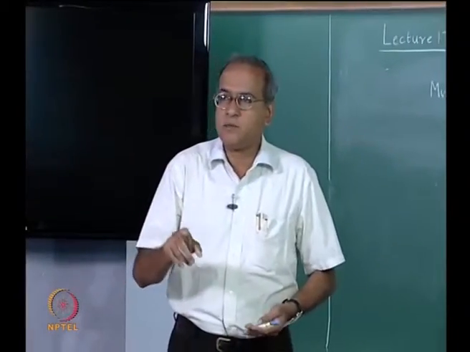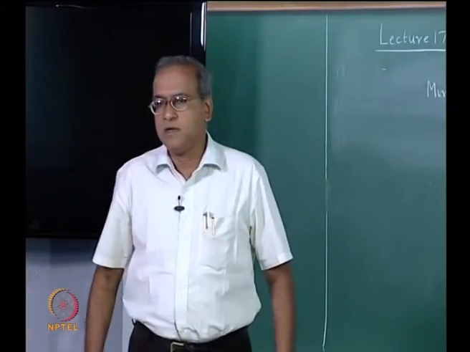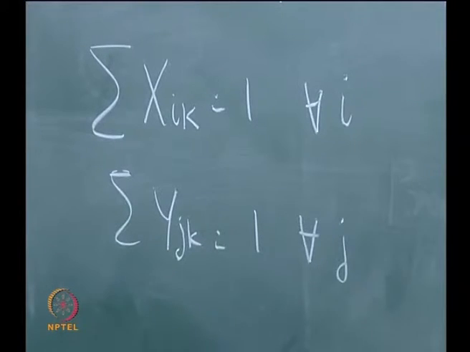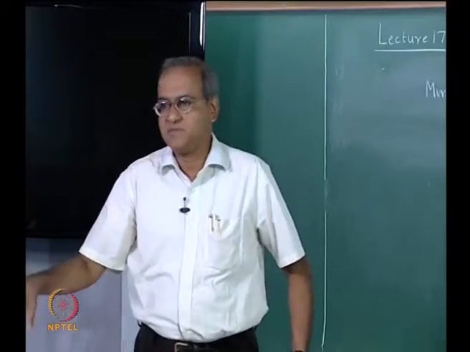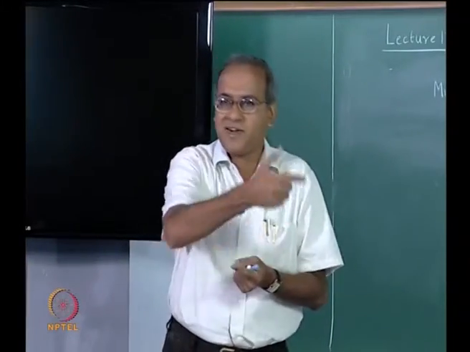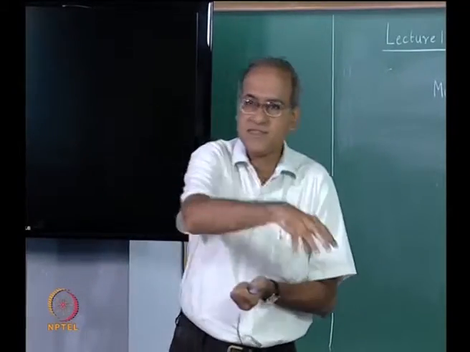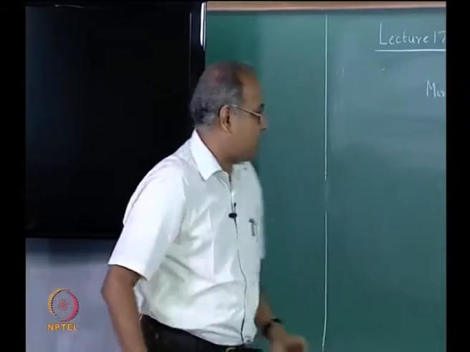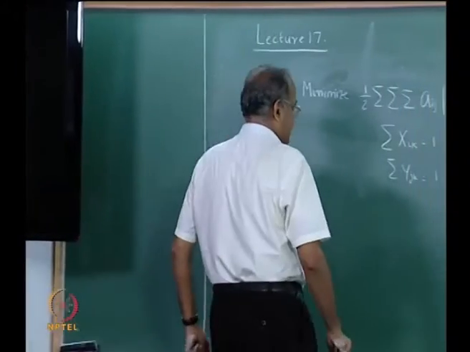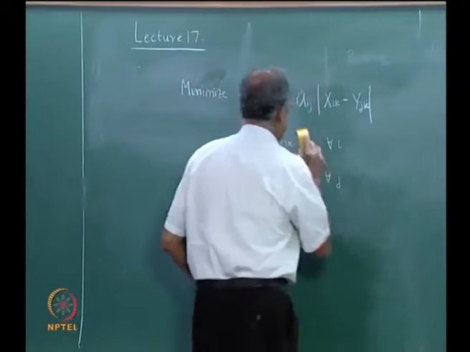Every machine has to be assigned to a cell. Now, the machine can either be assigned to a cell or can be assigned to a remainder cell. Just like in the part subcontracting, where either the part can be made inside the cells or can be made outside the cell, in a similar manner we will say x_ik equal to 1 is now written as